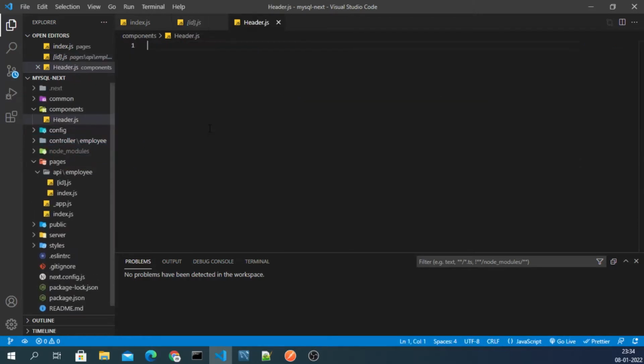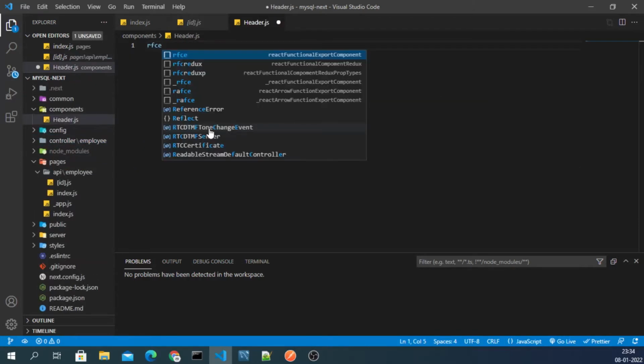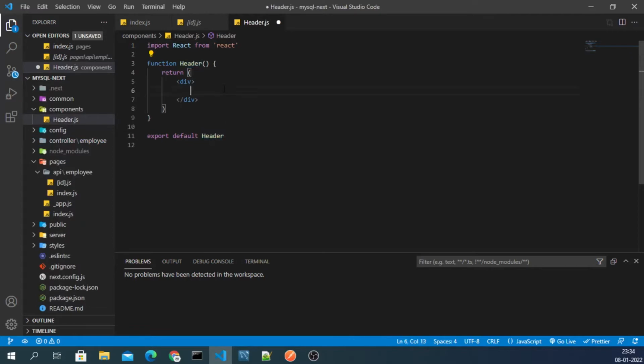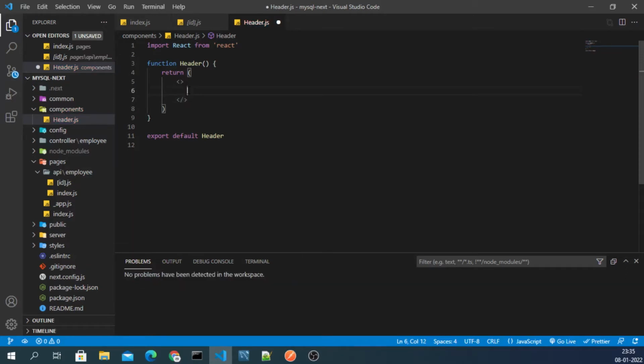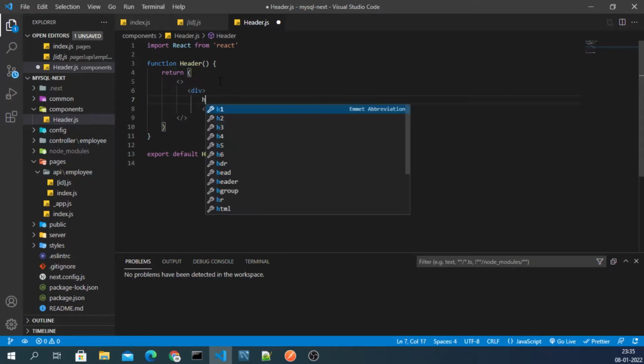Simply I will type RFC, and it will create a few lines of code for us. Then I don't want this div here, I just need a div, and in this div the very first thing that I will do is add a header.